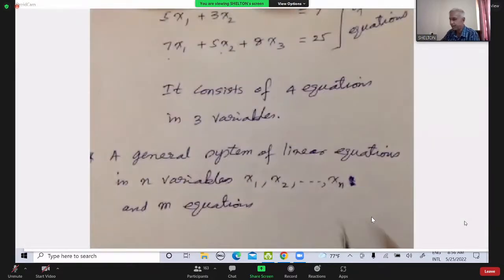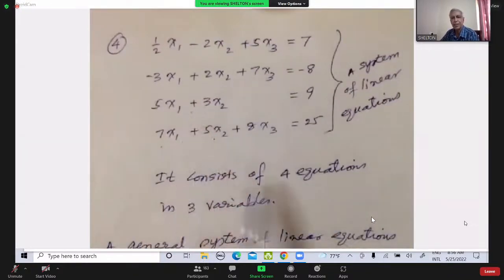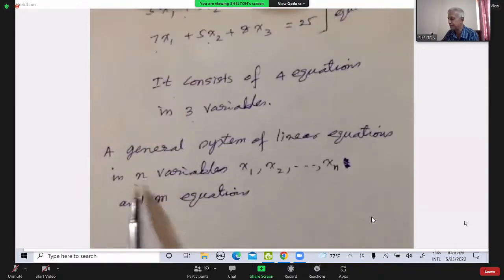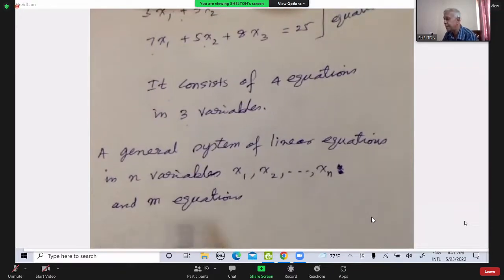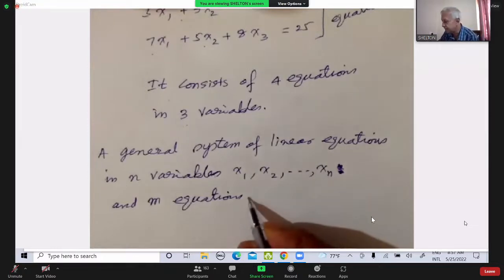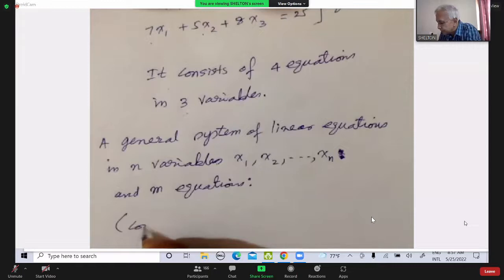Now I decided to change what I wrote here, because I have already told you here, this is an example that consists of 4 equations in 3 variables. So we can have different numbers for these 2 places. It consists of m equations in n variables. I wrote it slightly differently here. I first wrote down the names of the variables, n variables and m equations. So it is like, in the language given here, consisting of